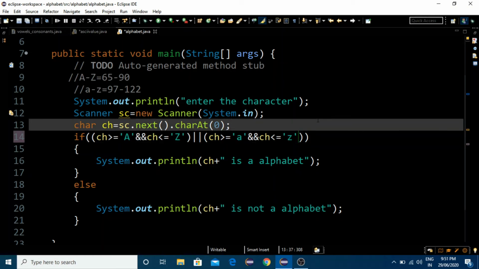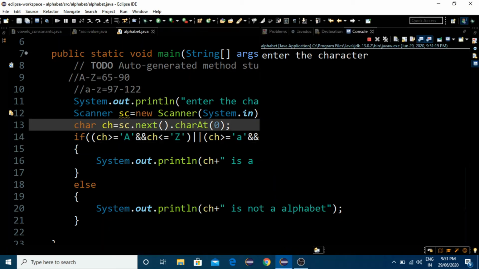Let me run this code now. We will get the same result: small a, yes, a is an alphabet. Now I'll give capital K: K is an alphabet. Now let me give 5. 5 is a number, right? We should get character is not an alphabet. Yes, 5 is not an alphabet.